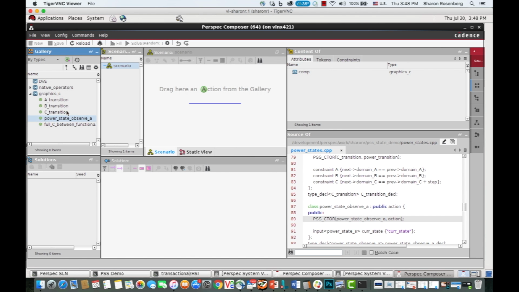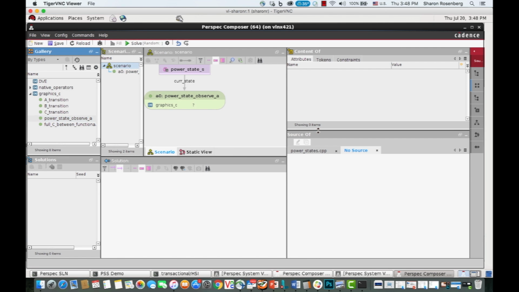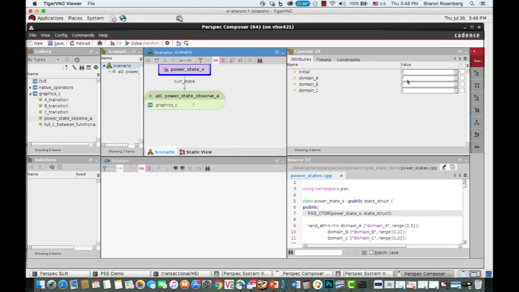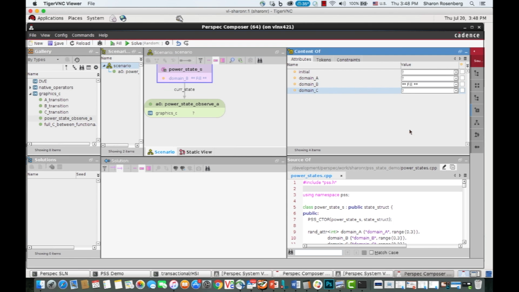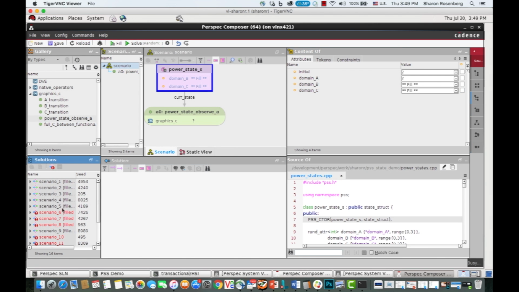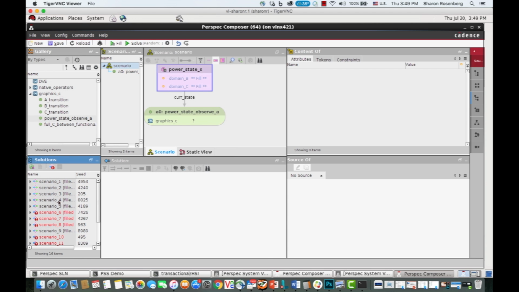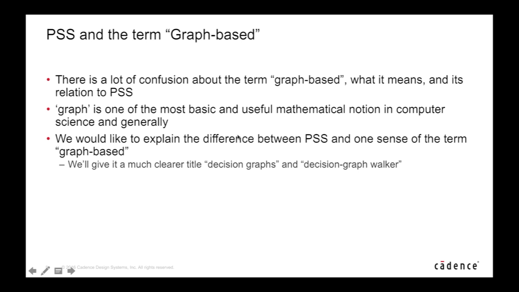The state variable. And I can just go like this and say I want to do fill of this and fill of domain C, and click the fill button, and we're randomizing our solution. You can see the successes and you can see the failures, exactly as with the domain specific language, the DSL. With that, I'm going to wrap up the demo and move back to the slides, and let's continue